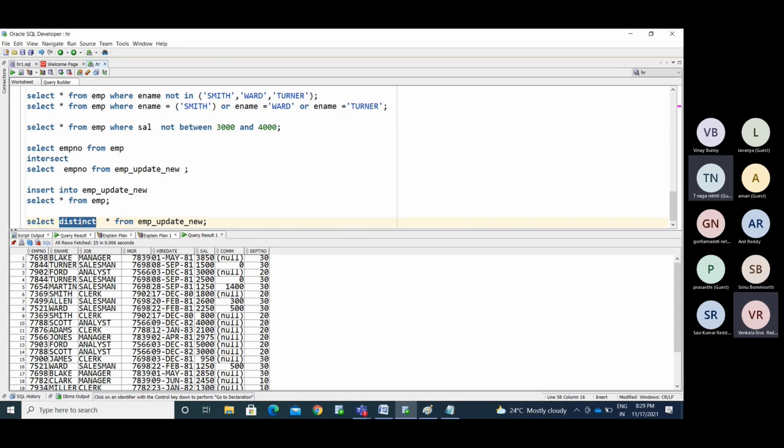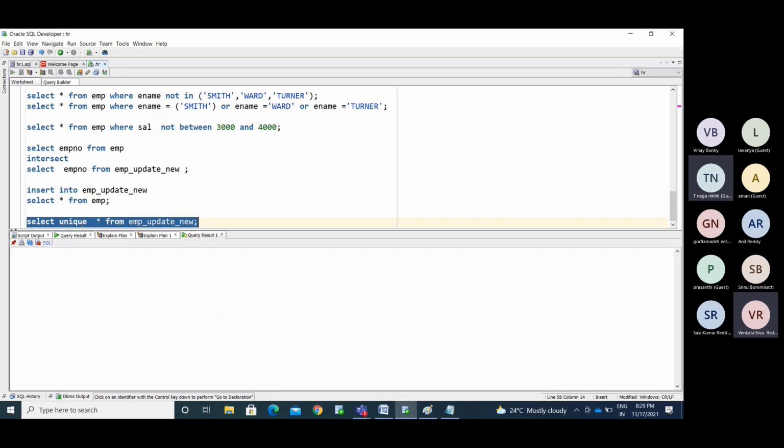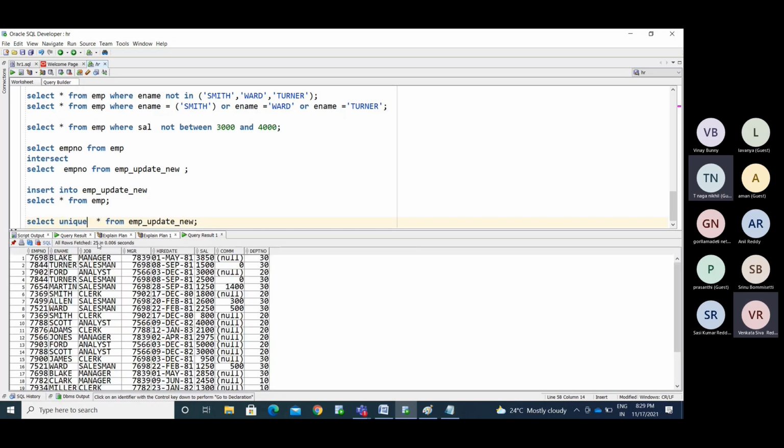If a record is entirely the same, it displays only one time, even if you have it 3 or 4 times. It eliminates all the duplicate values and displays the unique records. We'll use distinct or unique as well. See, we get the 25 records.